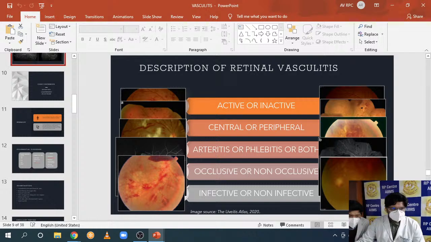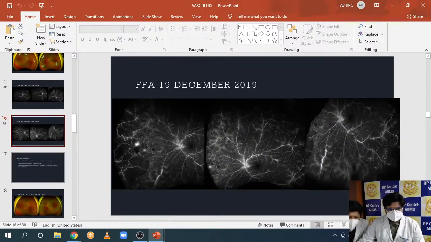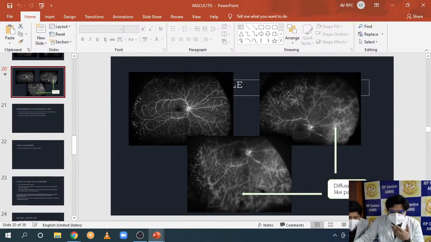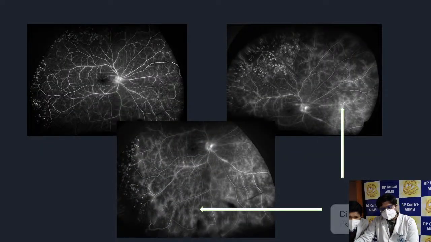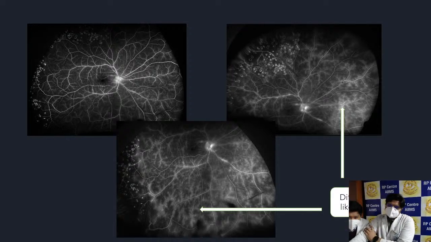So clinically, looking at the fundus, it doesn't appear that bad at all. Here you see in the right eye, as opposed to what it was in 2019, where this diffuse leakage was more in the left eye. And now in 2021, it is more in the right eye. And yet the patient's vision is okay, he's just complaining of some mild blurring with floaters. So we have kept the differential of Behçet's because this diffuse fern-like pattern, as he showed you in a few literature articles, has been typically described for Behçet's.